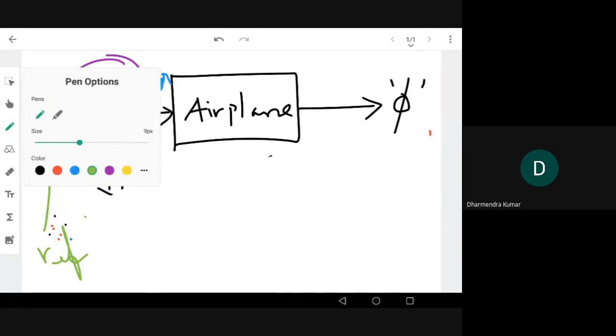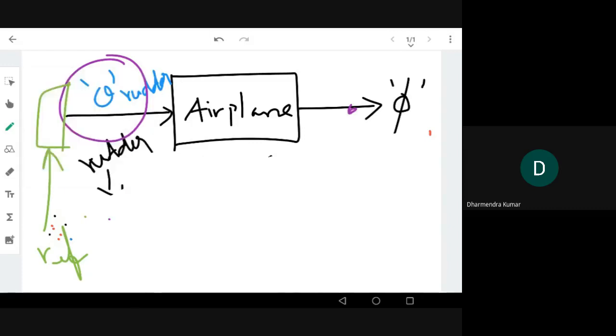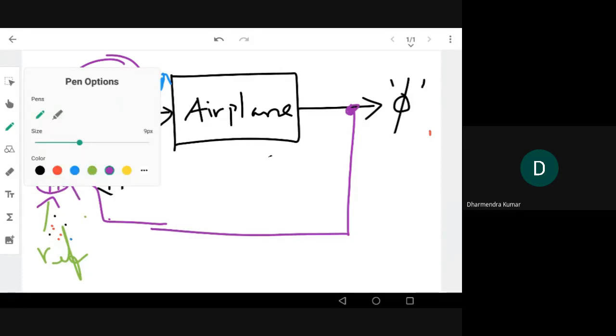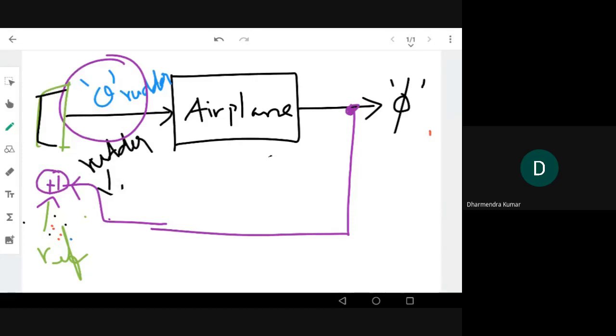And then we can have a feedback also. The output can be measured using some sensors. Using a gyroscope, I can measure how many degrees the airplane has changed, and I can feed it back to here. I need one error junction. I can give it back, so this is minus, this is plus. Now what goes as input to the control system or controller is the error signal, right? The error signal is the input to the controller C, and the controller generates some torque or a force or something.